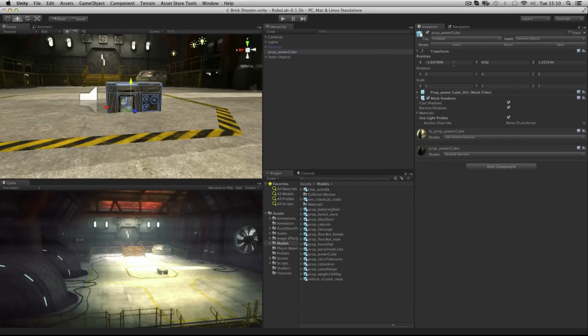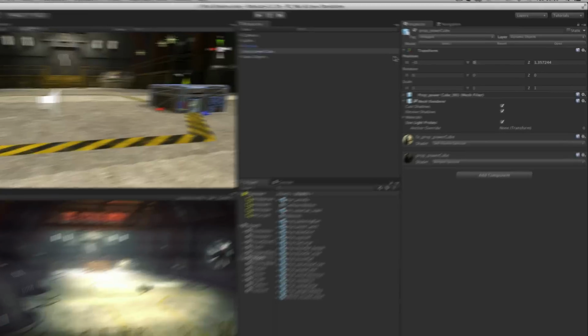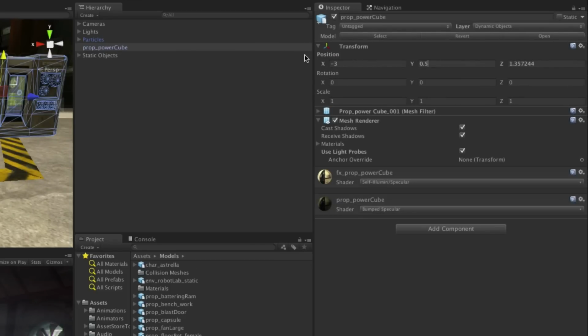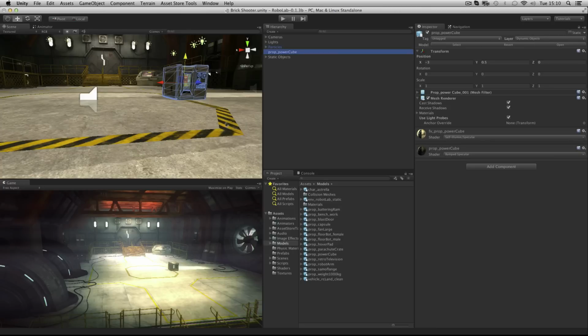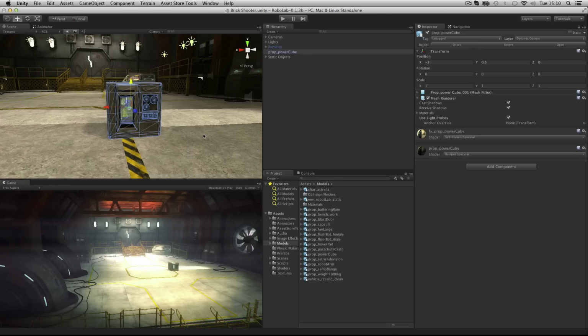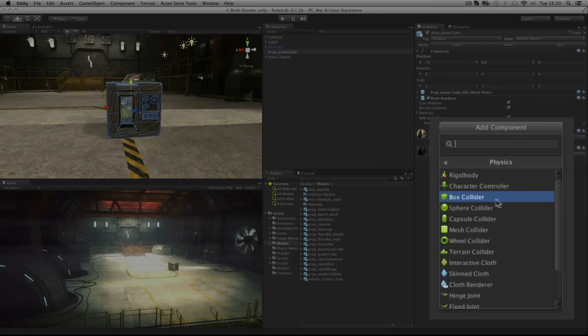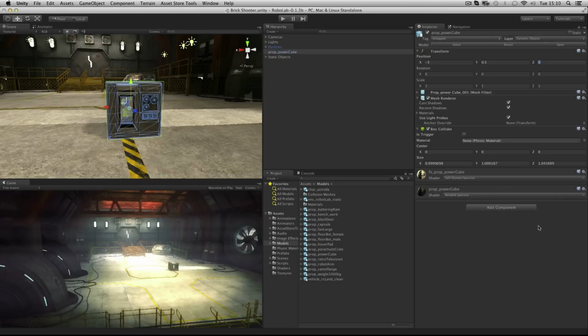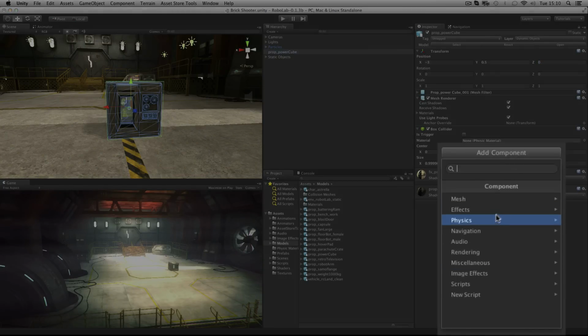Let's position this first brick in the wall at -3, 0.5, 0. Again, you can always reselect your object in the hierarchy, and with your mouse cursor over the scene, press F to refocus. Now that it's nicely lit, we'll add a collider and rigid body components to give it a physical mass. Using the Add Component button on the inspector, go to Physics, and Box Collider, and then Add Component again,